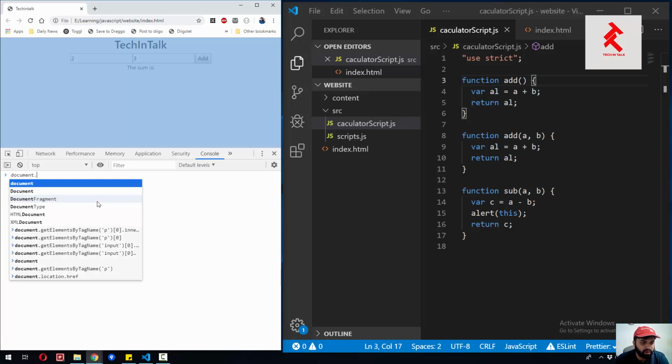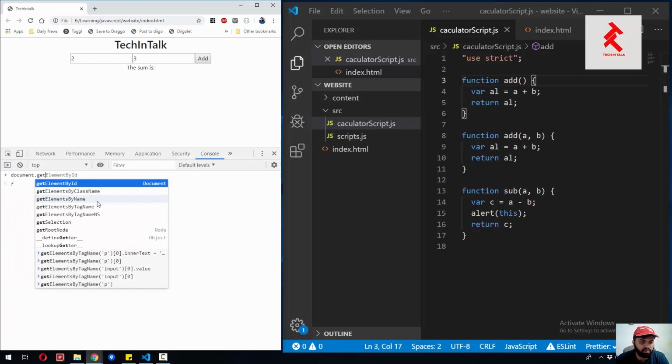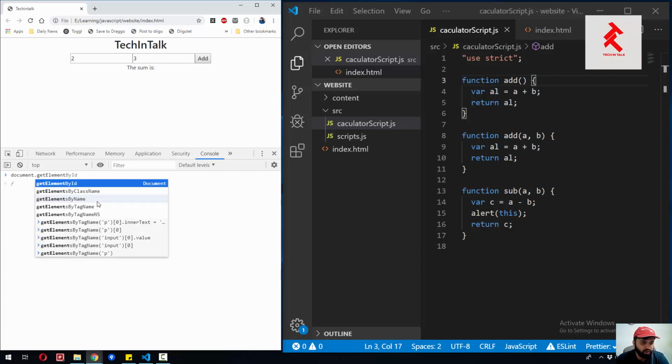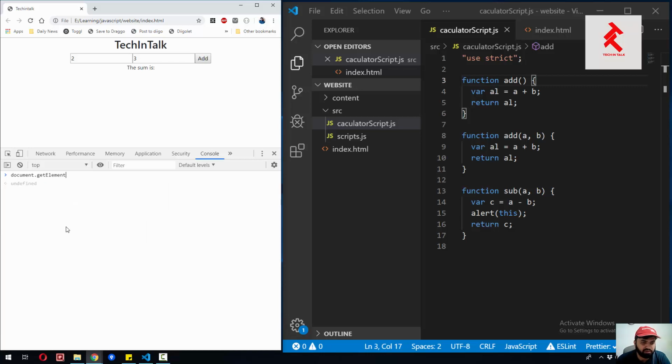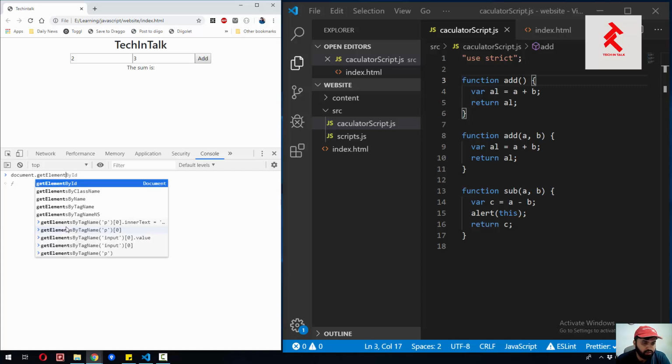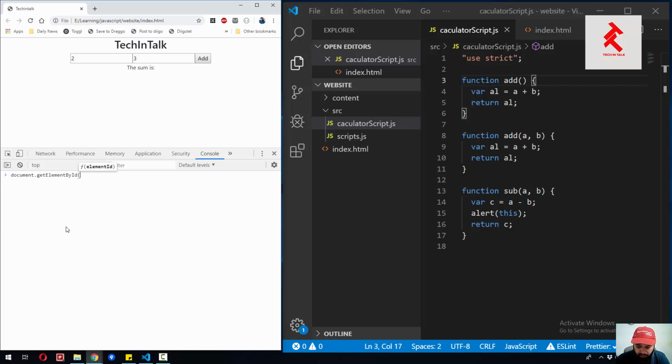through document dot, and the method for accessing an element starts with get element, and you can see a lot of functions are available. Get elements by class name, by name, by tag name, by tag name ns. So there are a lot of options available. As we are using id, we will use get element by id, and we will use